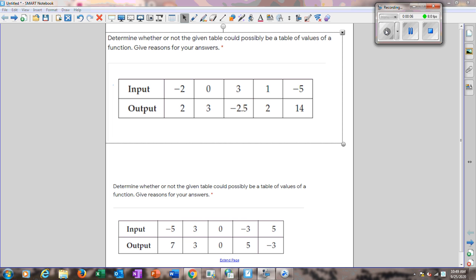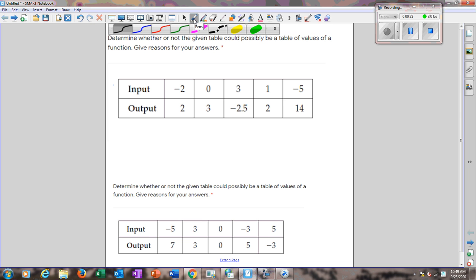Okay, let's go through some of these homework problems that we had. This is your second assignment from section 1. Determine whether or not the given table could possibly be a table of values of a function. Give reasons for your answers. So for this first one, the answer would be,